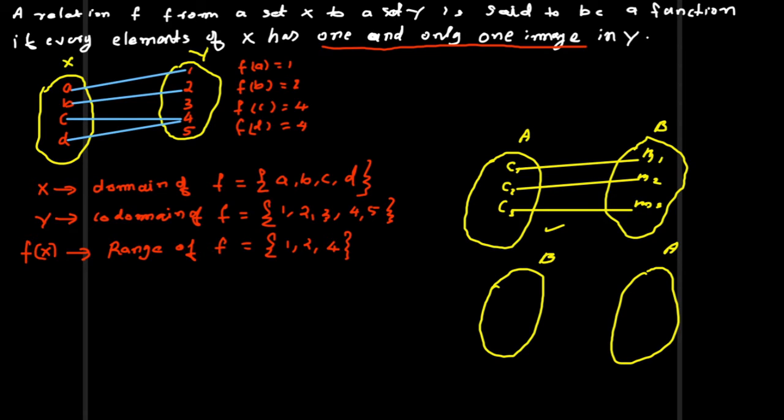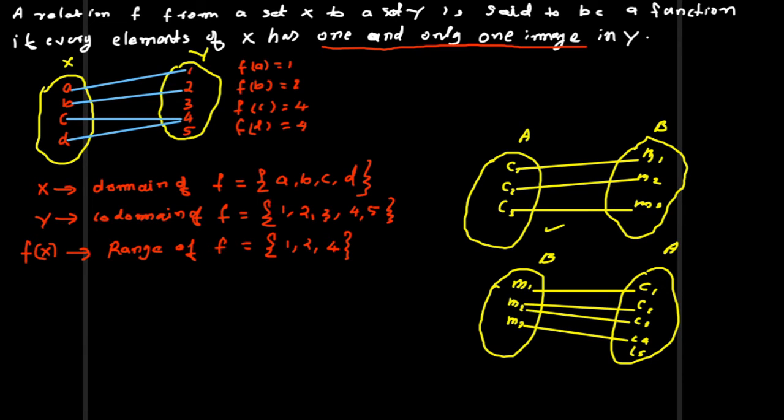So here we have a set of mothers M1, M2, M3, and here the children C1, C2, C3, C4, and then C5. Then we can take the mapping. Mother 1 maps to one child. Mother 2 maps to child C2. Also a mother can have more than one child, so C3, and mother M3 maps to C4.